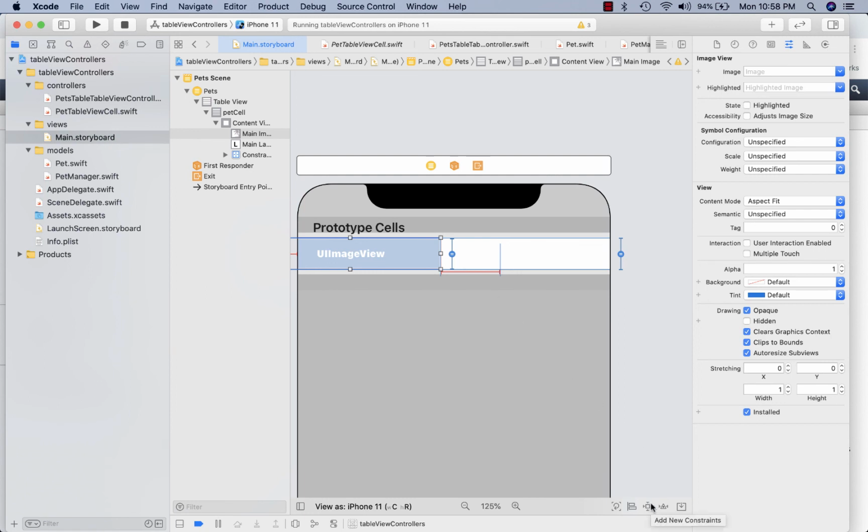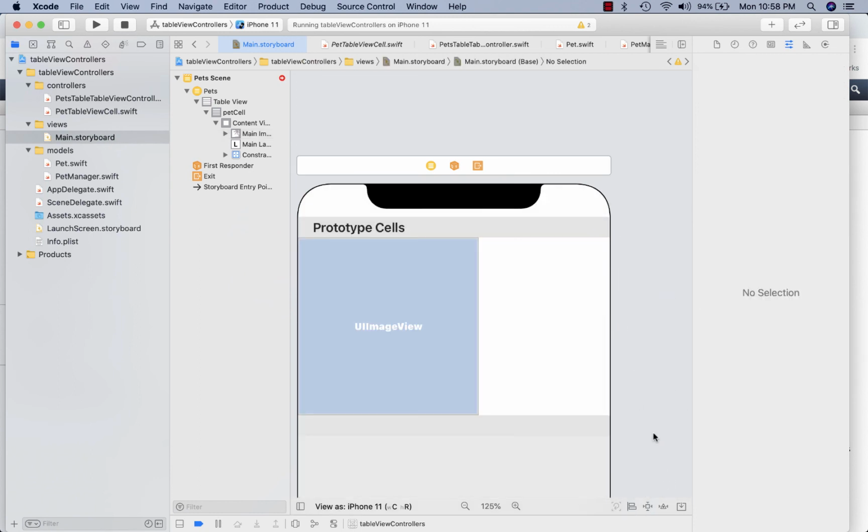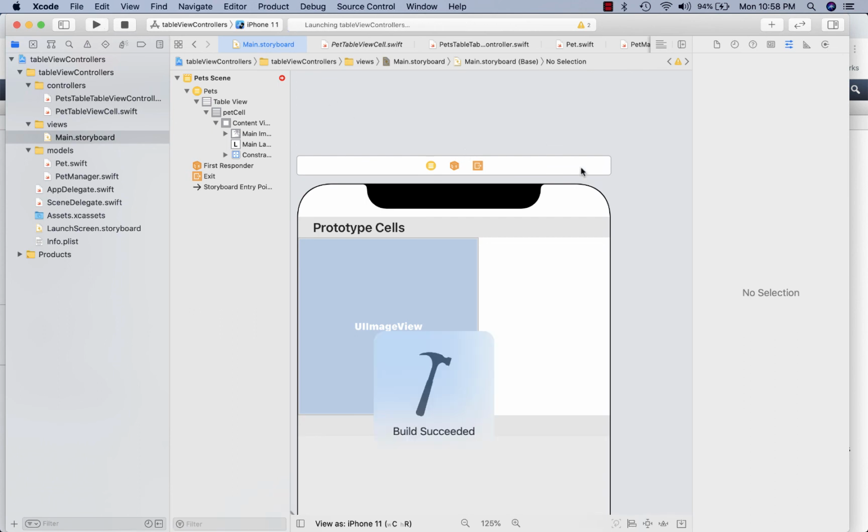So what I want to do is add some new constraints. I want to set the height and width to some fixed height and width. I'm going to say the height and width are going to be 240 by 240 for that image. And if I run this now,